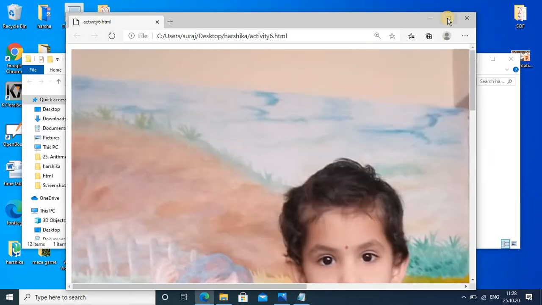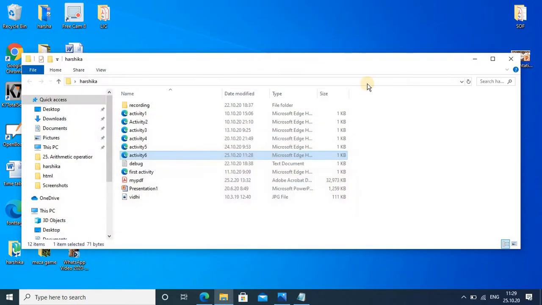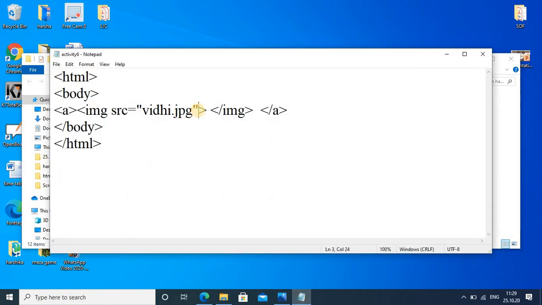Okay, so see here, image is added here, but it is not a link. See, hand sign is not showing here, it means it is not a link. Okay, and one more attribute I want to use here, that is width equal to, I want a small picture, so I am giving here 20, and height equal to 20.